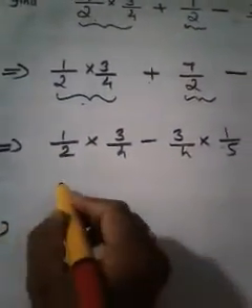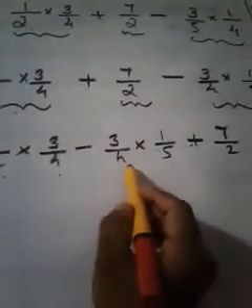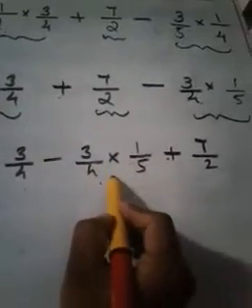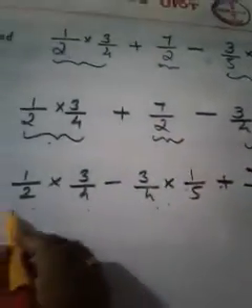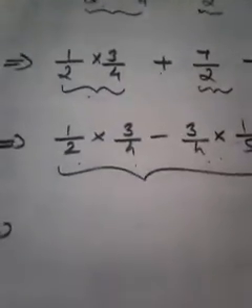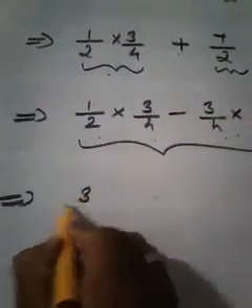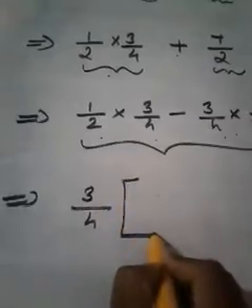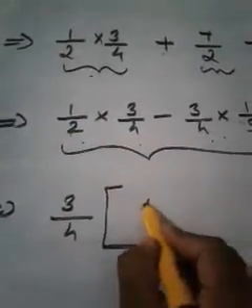Now we just see, this is your first term and this is your last term. This is your second term now, and 7 by 2 as it is. Now we just compare both terms. Is there any common fraction? Yes, of course. We understood that it is 3 by 4. Just take 3 by 4 outside. What will remain here? Here 1 by 2 will remain.